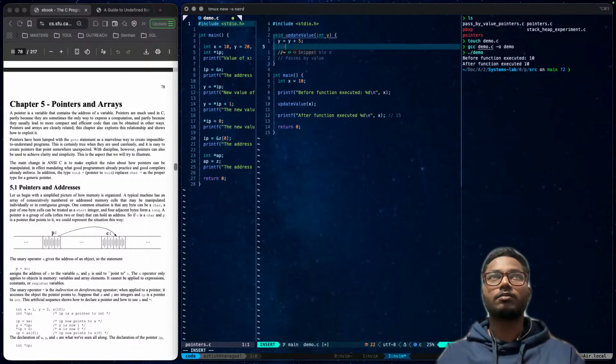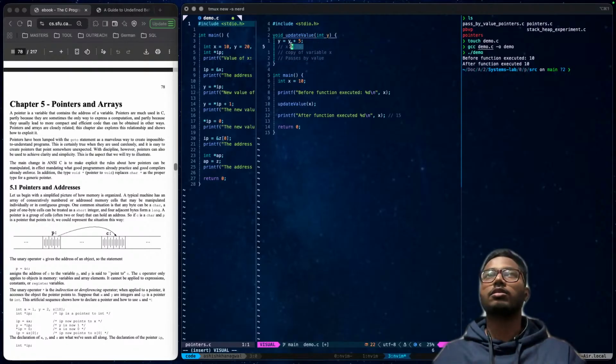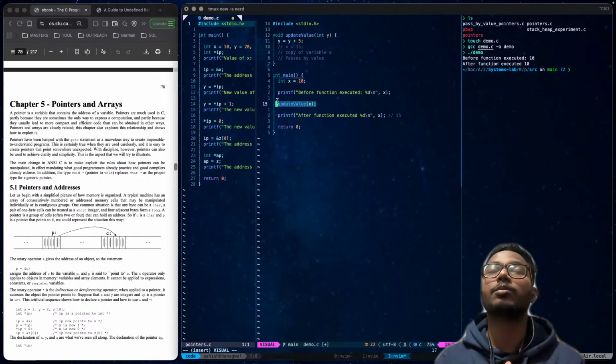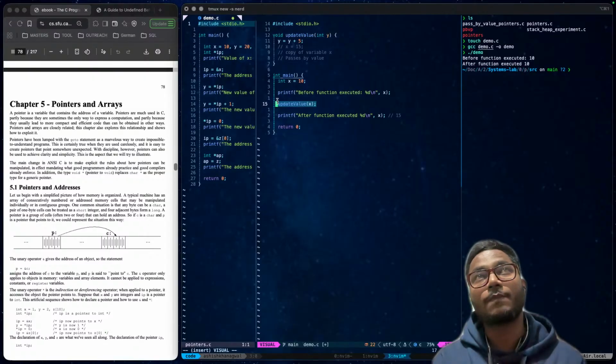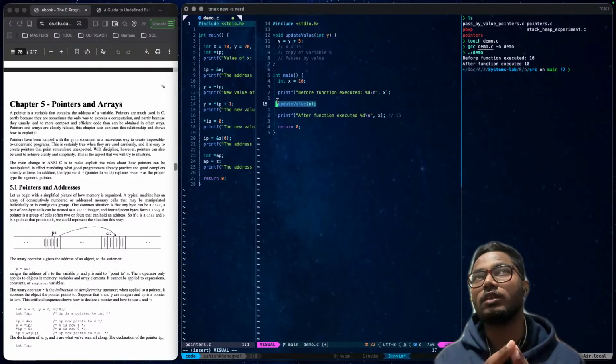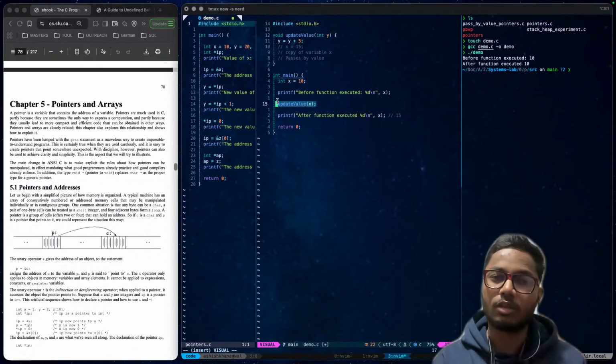Here x became 15, but this wasn't returned to the original x. It won't get updated because the function received the copy of the variable x. It received the value 10, but it doesn't know where this 10 comes from.